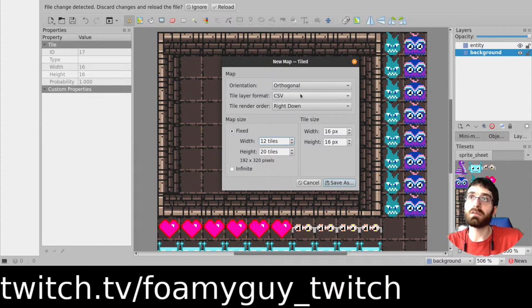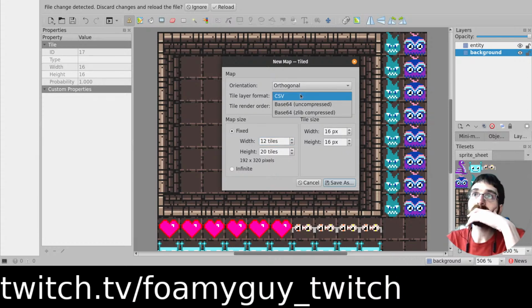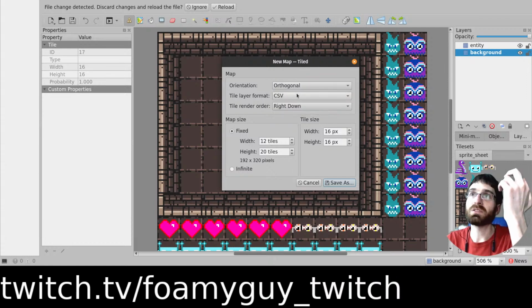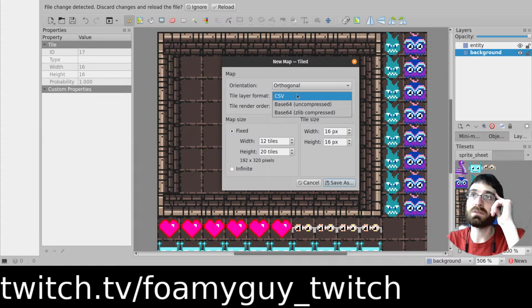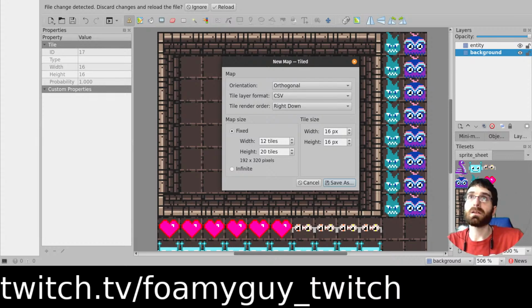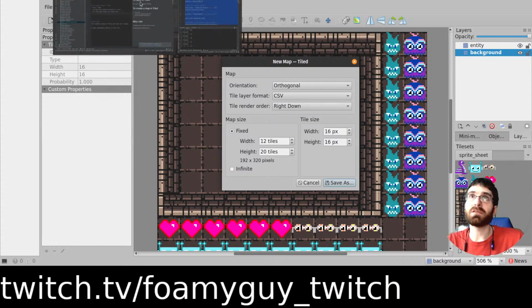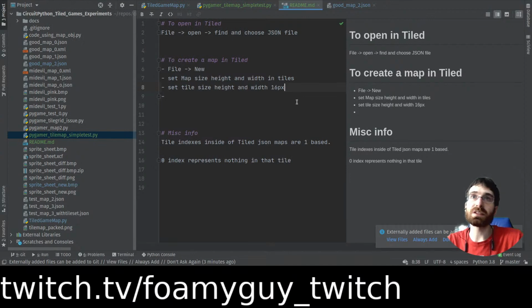I think we want tile layer format CSV, I guess we'll keep. Ultimately, it's going to be JSON that we save it in. I'm going to document these defaults. I don't know if they're defaults all the time or just because I set them before, but